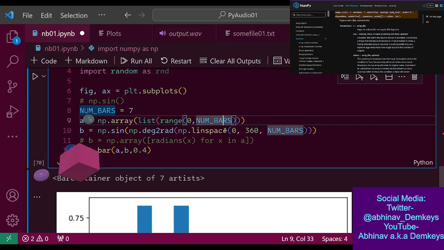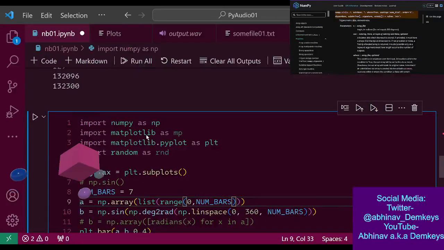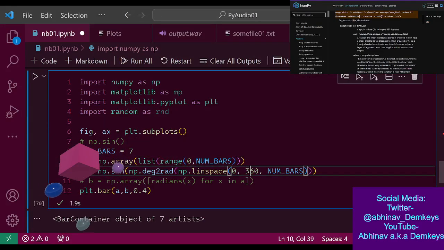Well, okay. So we know that this thing works. Now I want to generate, oh, this will be interesting. Hold on. How do I make it a frequency? Or rather, how do I introduce a frequency?